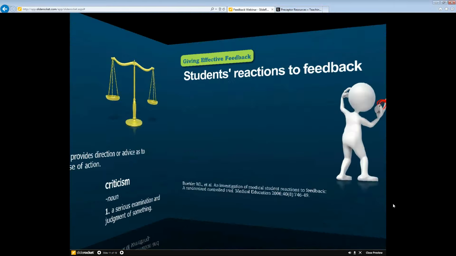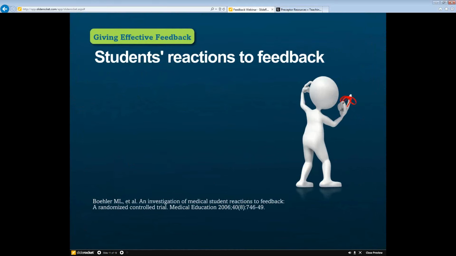I want to point out a very elegant little study that was done and reported in 2006. A group did a study on students tying surgical knots. Half of the students were randomized to receive just praise feedback, and the other half got very specific procedure-related feedback. The entire group was taught by a well-respected surgeon who gave them instructions about tying knots and how to do that appropriately.